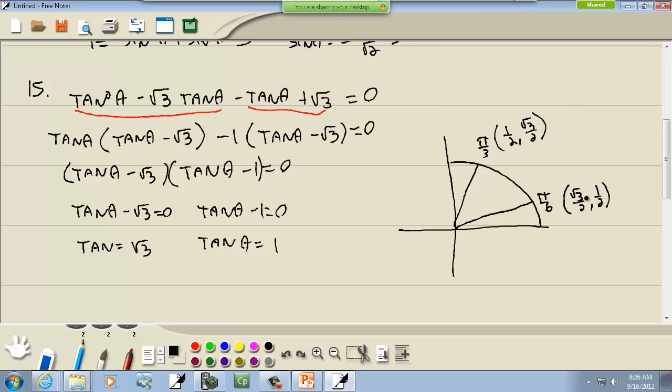If I put y over x here, I'm going to get 1 over square root of 3 or square root of 3 over 3. If I put y over x here, the 2's don't matter when you do that. So we've got square root of 3 over 1 or square root of 3. So tangent is equal to the square root of 3 at pi over 3. I forgot my theta there, but